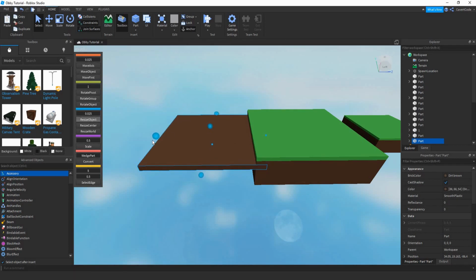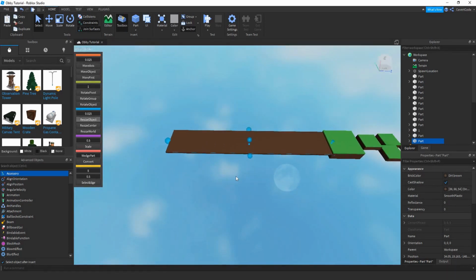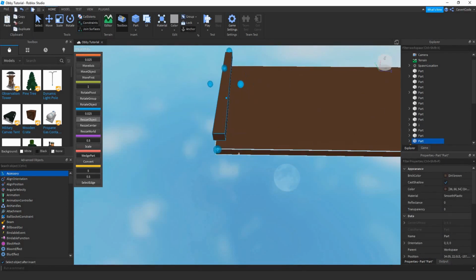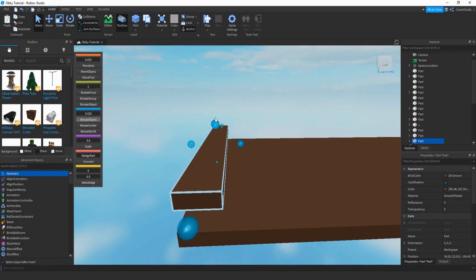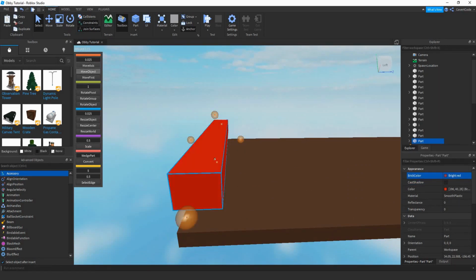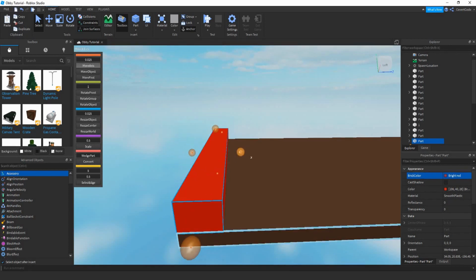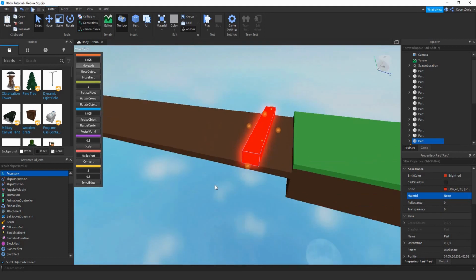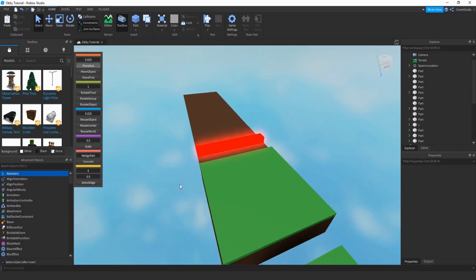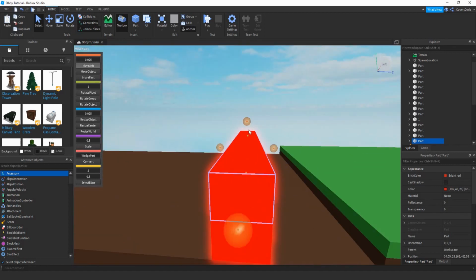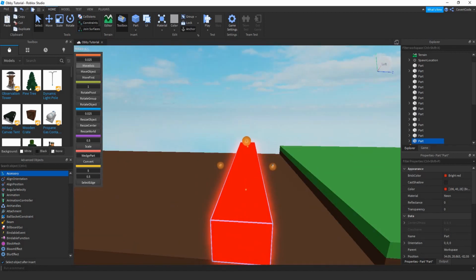So they're just gonna be trying to avoid these lava bricks, I guess. So we're just gonna copy this, make a decent sized lava brick, something like this will probably work. Yep. So let's just make it like this. Make it neon, okay? So they can actually see it's bright, it's red. Avoid it, basically. Let's just copy this and make sure that